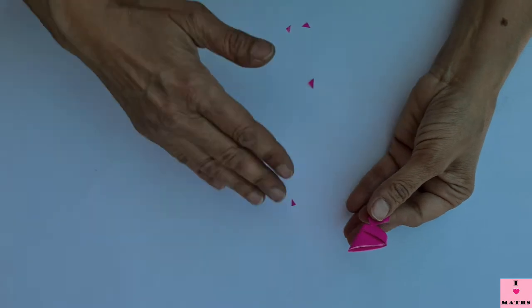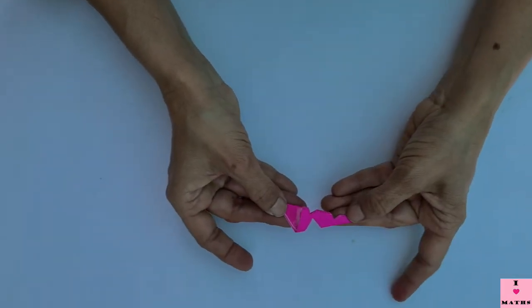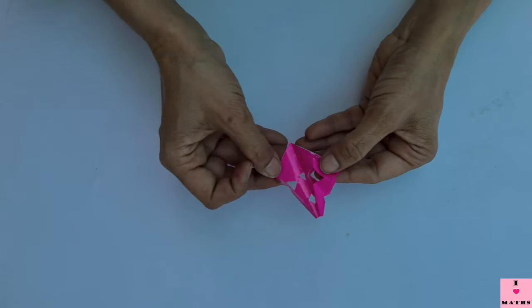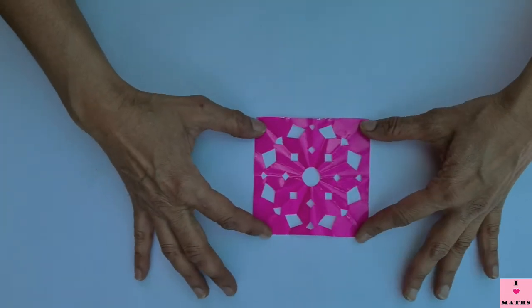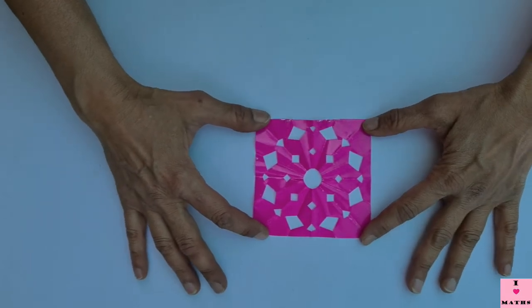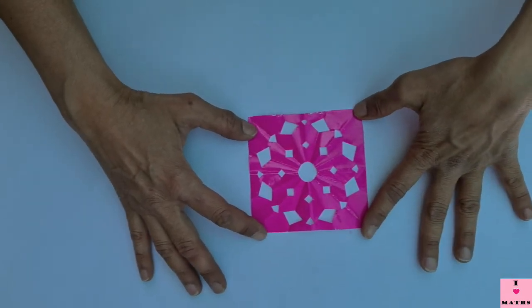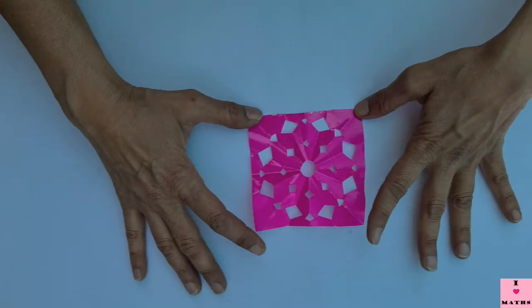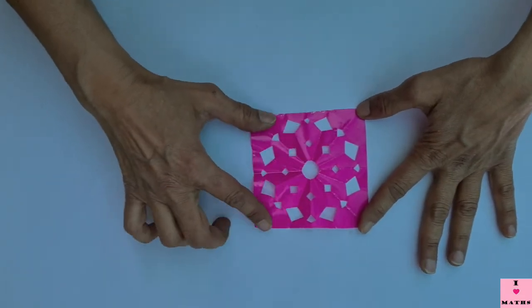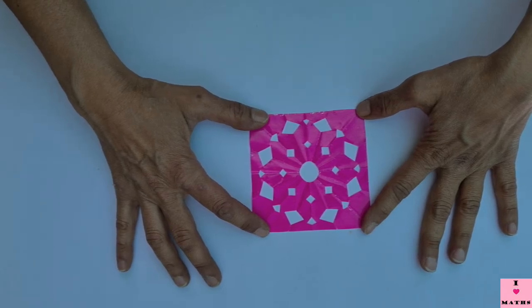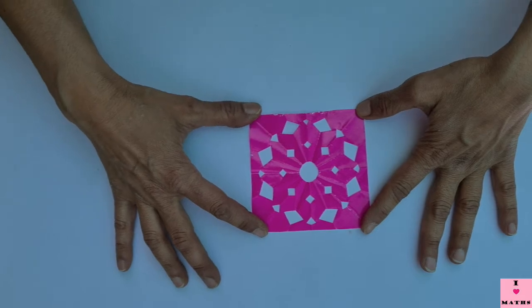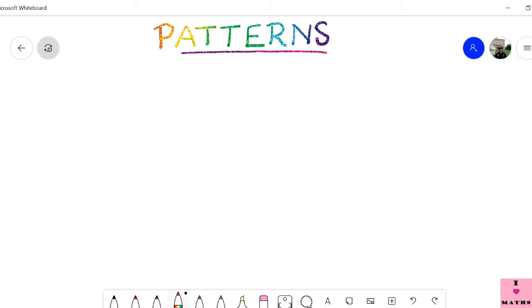So children, you can see that this is the folded paper, and now I'm going to open it and show you the pattern. Have a look. Oh, lovely, it's a nice flower. So even God has made flowers and they have a pattern. So children, this is the meaning of pattern: repetition of the same shape in such a manner that it looks symmetrical. After doing the activities, let us see the patterns in numbers and alphabets.